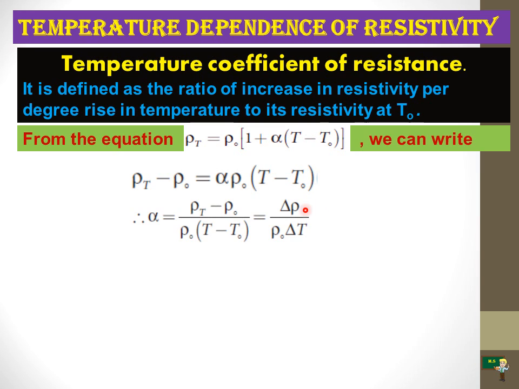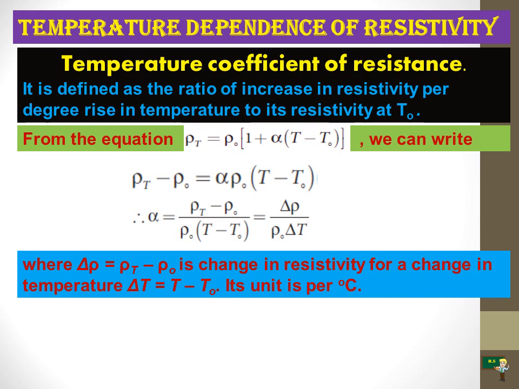If you take alpha out, then alpha is equal to rho T minus rho naught divided by rho naught into T minus T naught, which we can write as del rho, and altogether rho naught into T minus T naught as rho naught into del T,